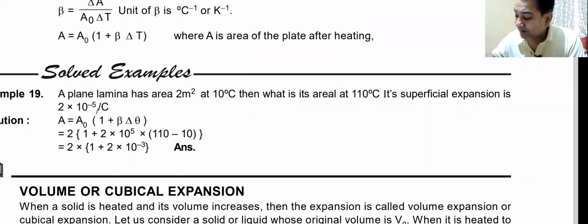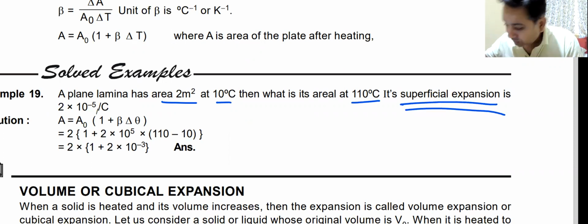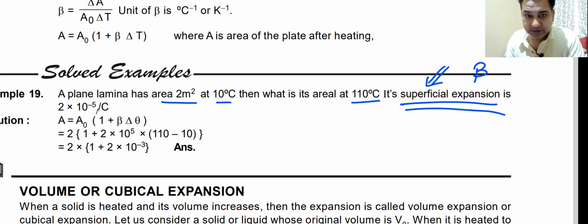A plain lamina has an area of this. Temperature is 10 degrees Celsius. What is the areal expansion at 110 degrees Celsius? Now, remember, many a times this superficial expansion coefficient is not given. That is, beta is not given. I just want to tell you, beta is not given, and instead of beta, because for solid bodies they don't give you beta, they always give you